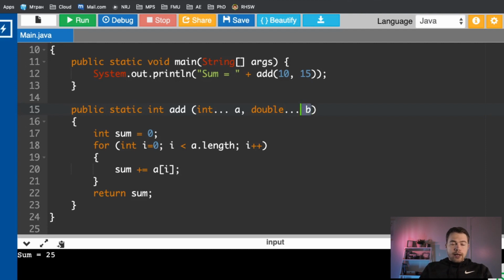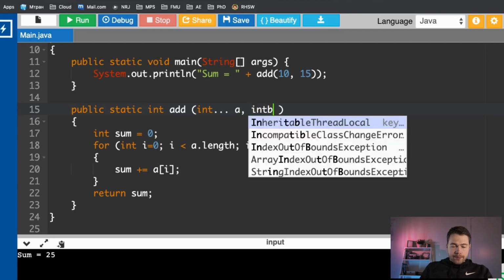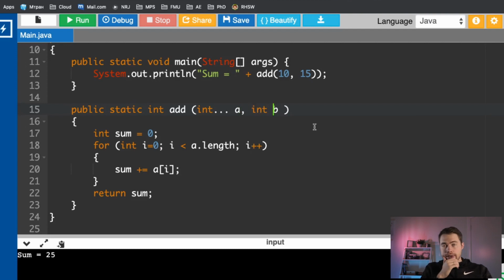That's one restriction. The second restriction is this: the variable argument list has to come at the end of the parentheses, at the end of the argument list. So you cannot create something like this. You cannot create that. Why? Because again, it's not, well,